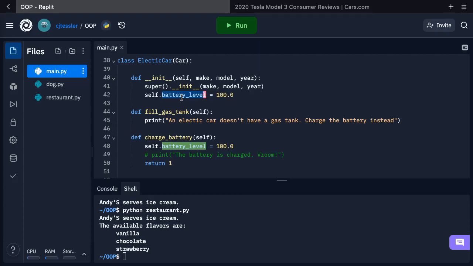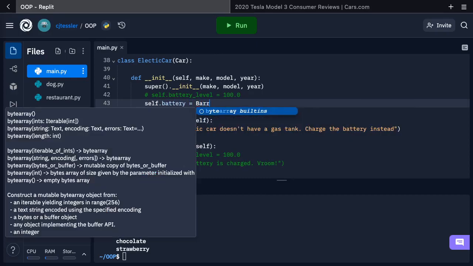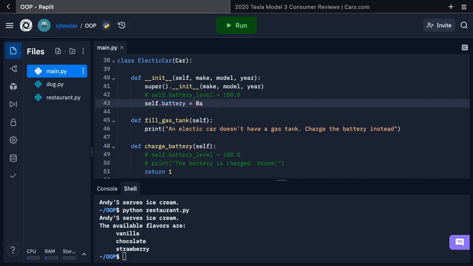So what you can go ahead and do is treat classes as attributes to other classes. Okay, so what do I mean by that? It would be nice if I could refactor all of this information about batteries into just the battery. So let's call it self.battery, which is going to be an instance of a battery class that I can